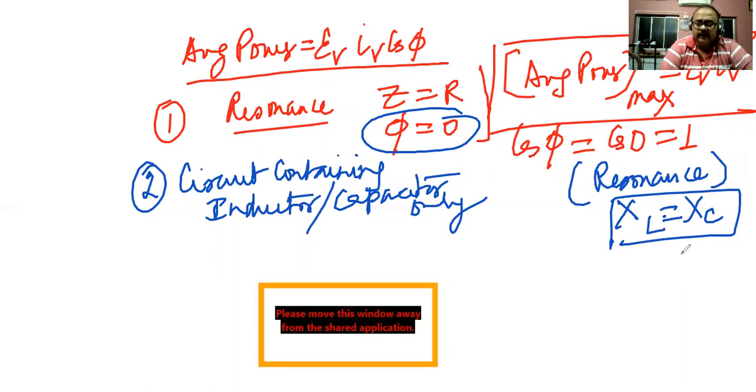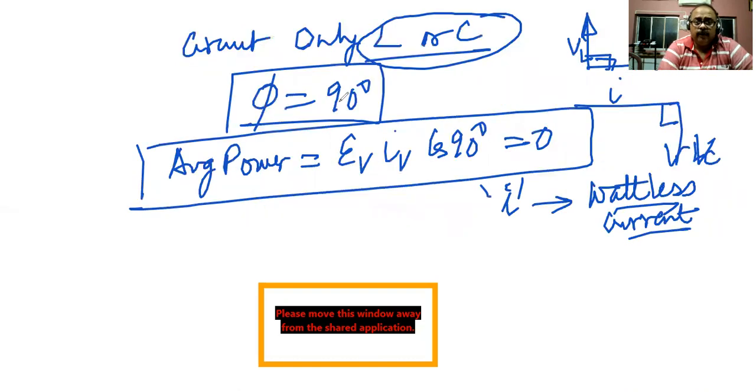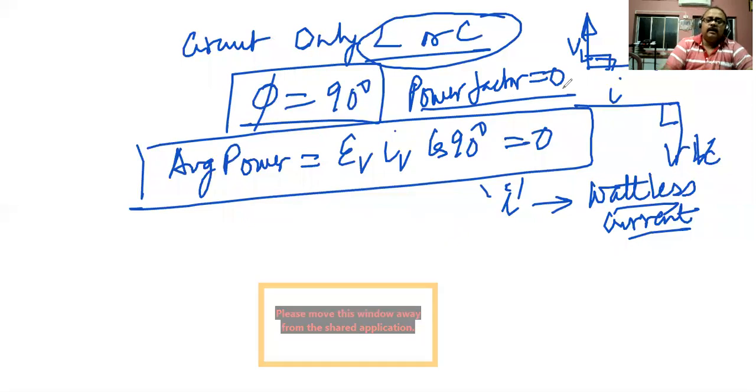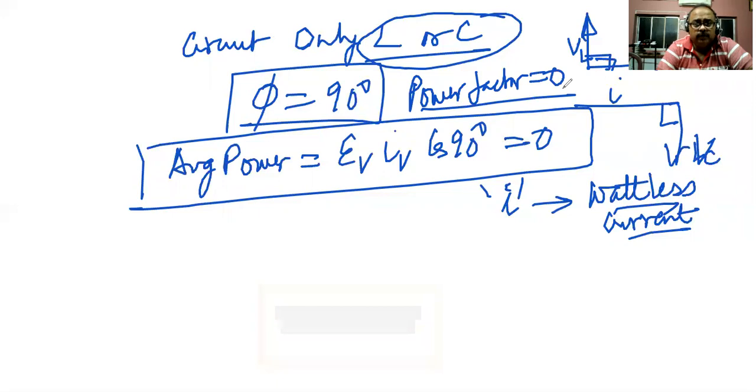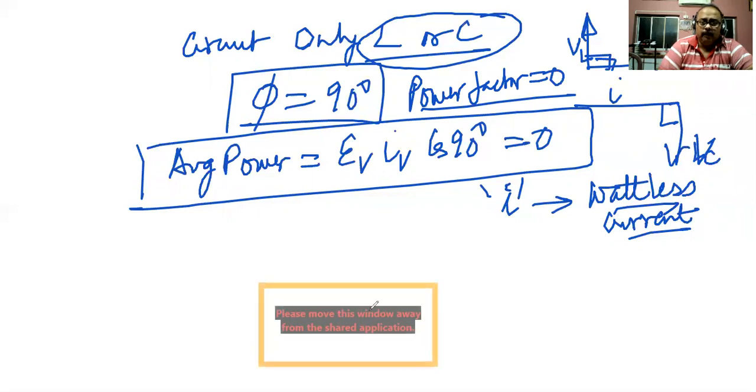In case of a circuit containing pure capacitor or inductor, phi equals 90 degrees, power factor is 0 and average power equals 0, and the current flowing at that instant, under these two conditions, we call the wattless current. I hope it is clear to all of you. So this is a very, very important